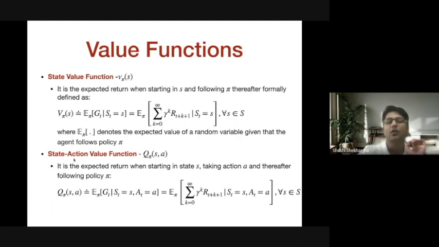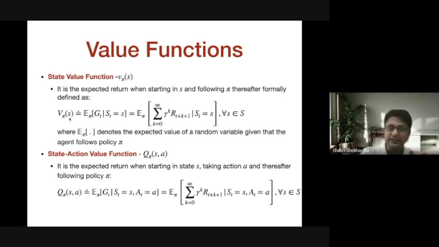What do these value functions tell us? Please try to hear this very carefully. The value function of a state is the total expected reward that you can receive starting in that state and going forward into the future.